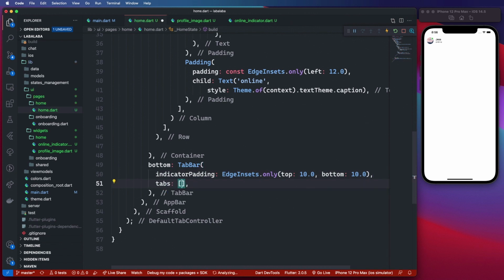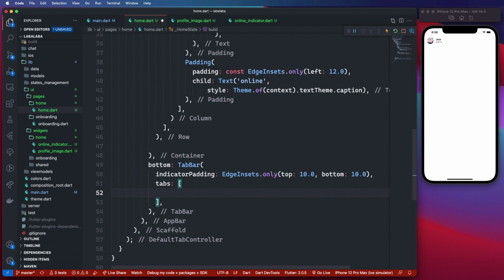Then for the tabs variable or property, I need 2 tabs. So I'll go ahead, create tab 1,